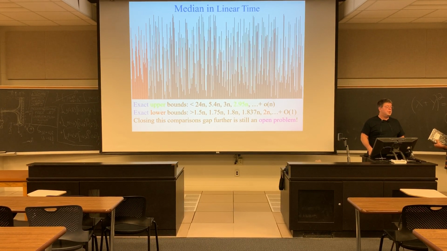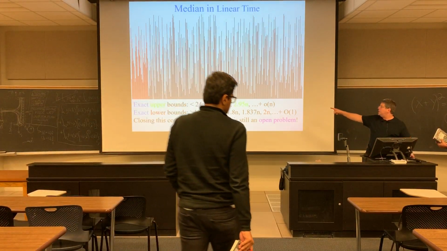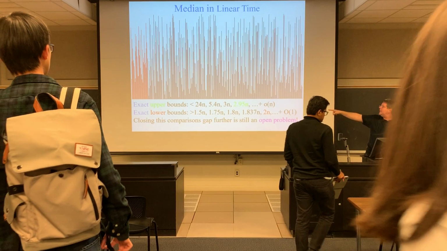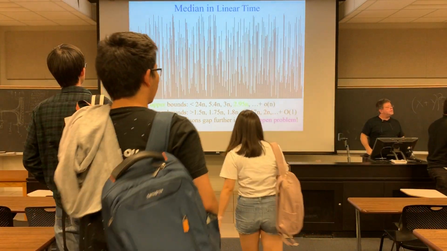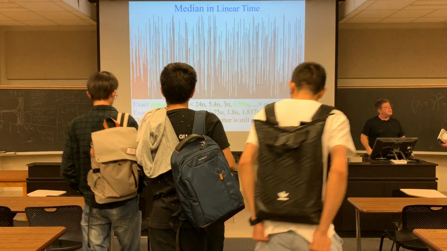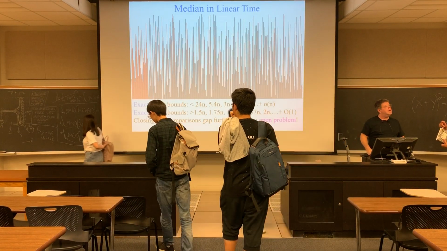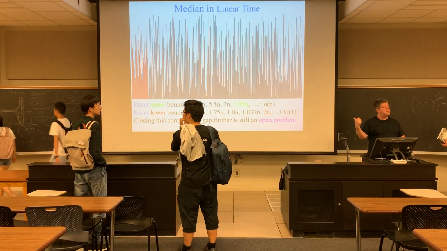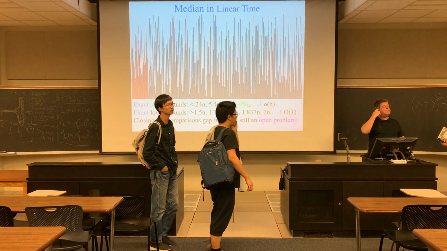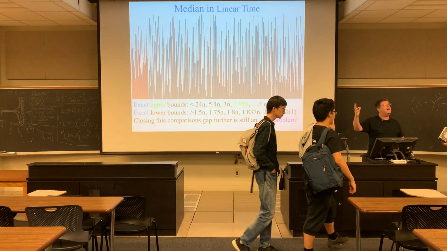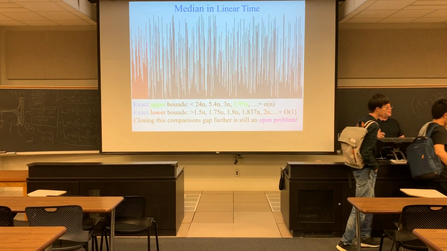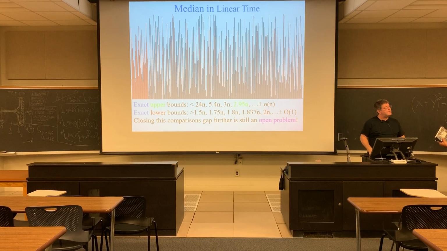Just like sorting or any other problem, if you can do it in less, that's better. But this says that you cannot do it in less than roughly 3n, no matter how hard you try. Yeah, but that's still a better number than the algorithm we just saw, and there's a huge gap between the two. The constant there is in the hundreds or even maybe the thousands, depending on how you implement it. And just one more small question. When we